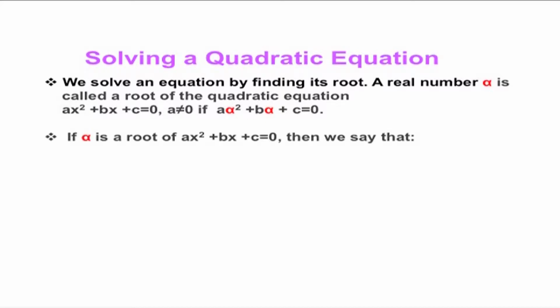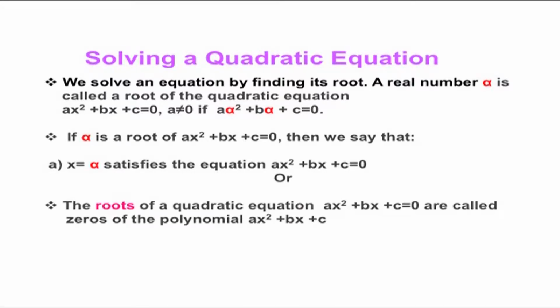If alpha is a root of ax square plus bx plus c equal to 0, then we say that x equal to alpha satisfies the equation, or the roots of the quadratic equation ax square plus bx plus c equal to 0 are called zeros of the polynomial ax square plus bx plus c